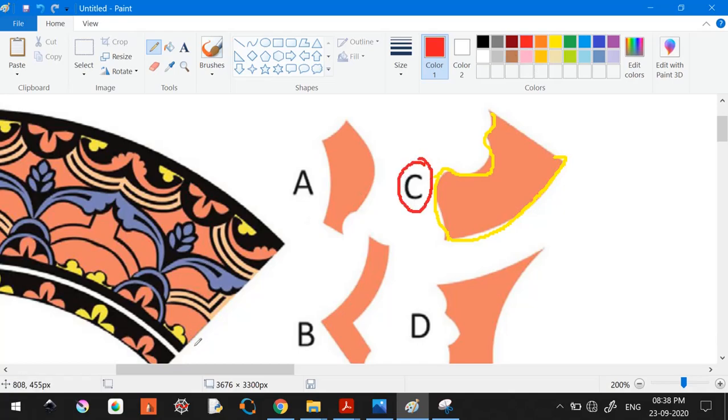If you check this side, this corner is actually matching with this corner. This curvature looks like this curvature, and this particular curvature looks like this only. The small bend here is this bend, and the yellow shape cutting here, the two cuts, look like this. So yes, this is suited.